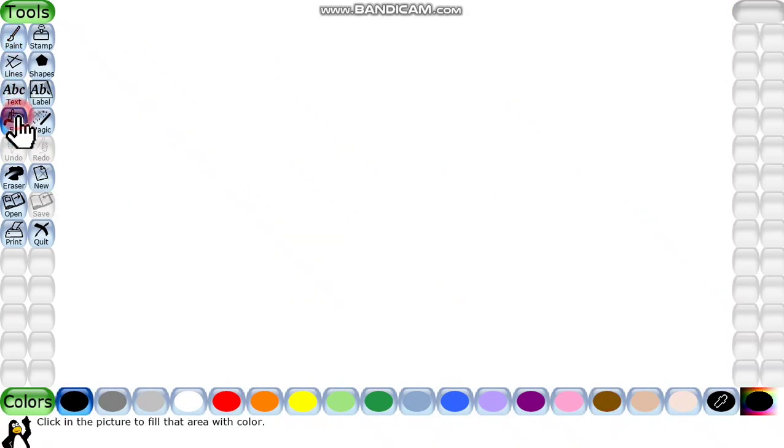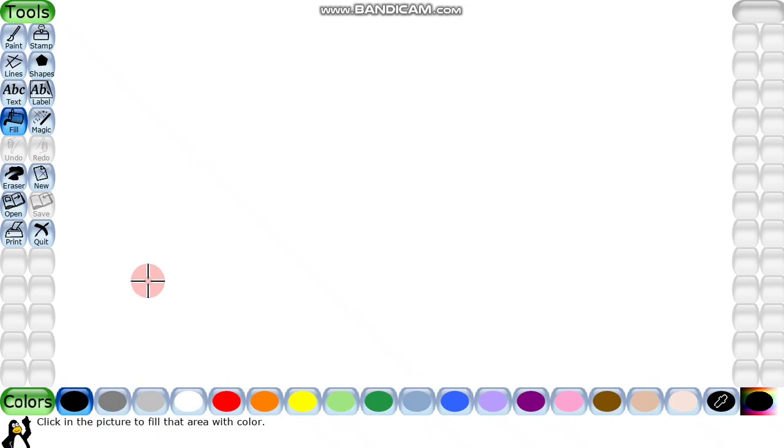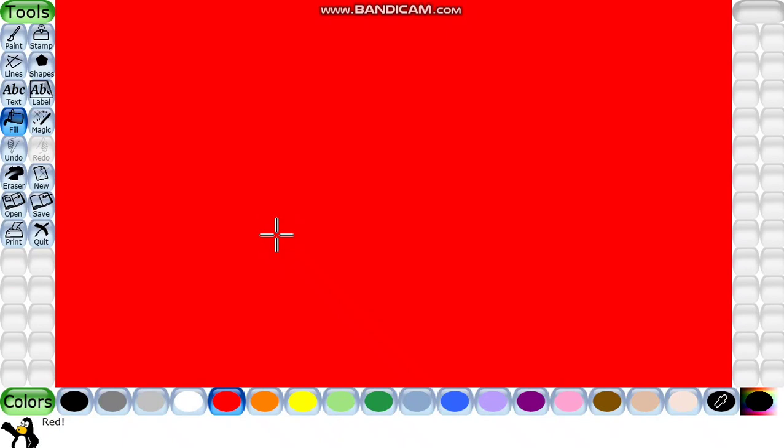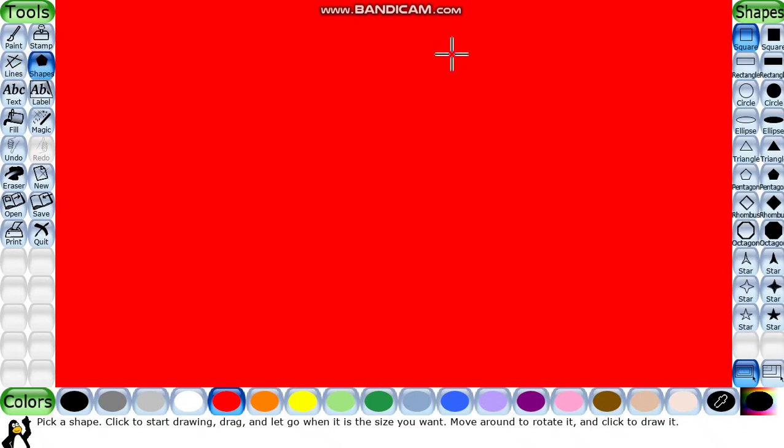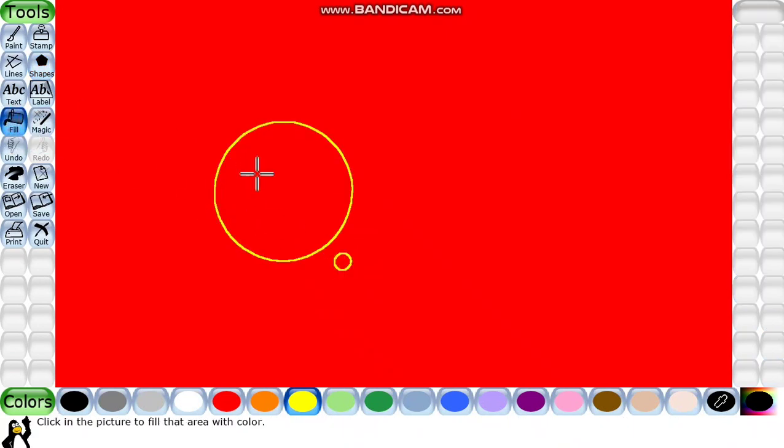We will learn about fill tool. What is the use of fill tool? Fill tool is used to fill the color in the closed figure. So when you will take the fill color, then you need to choose the color and then you just click it. So the whole background will be changed in that color. Or you can just go to lines or shapes, draw any shape of different color and then we can fill the color in it. Like you have made the circle, let us just take purple color and fill it. So like this we can fill color. So fill color is used to fill any closed objects or closed figure.